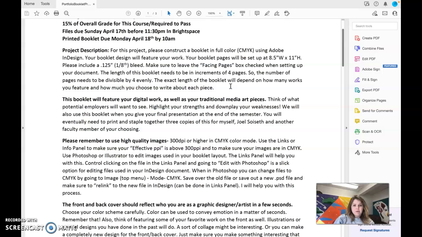The length of this booklet needs to be in increments of 4 pages. So the number of pages means, well, they need to be divisible by 4 with a booklet. It needs to divide evenly by 4. So the exact length of the booklet will definitely depend on how many works you include and how big the pictures of your works are, and actually how much you write in your booklet about each